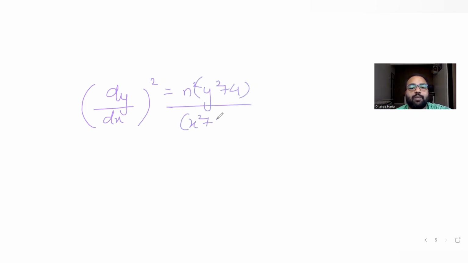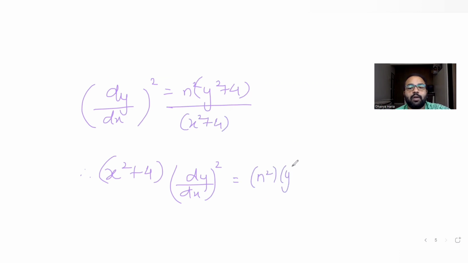So further it tells us dy by dx the whole square is n square y plus 4 multiplied with that, and x square plus 4 divided by that. So I get x square plus 4 into dy by dx the whole square is n square y square. So this is the option which